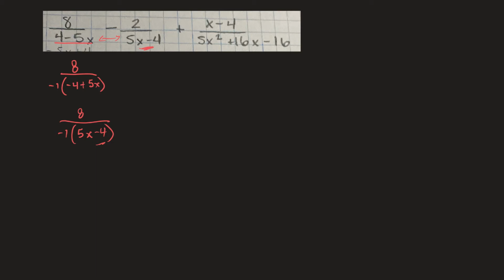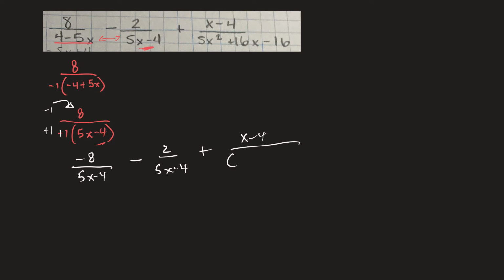But one thing you can do with a negative 1 is multiply both top and bottom by negative 1. These two will cancel, so now the negative becomes part of the top. So what you'll have is minus 8 over 5x minus 4, minus 2 over 5x minus 4, plus, and then